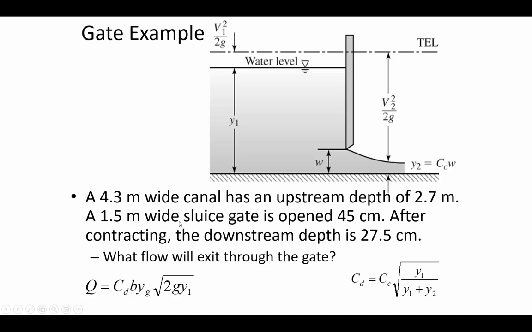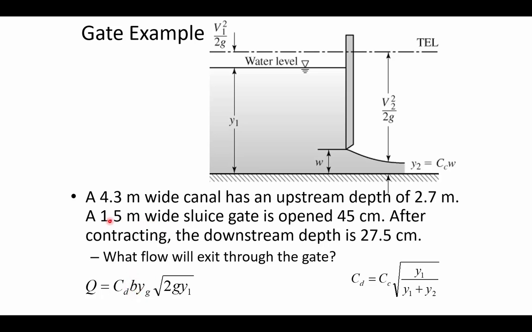Well, I've got a question. My question is, how much flow can we get under this gate? Based on the upstream depth is 2.7 meters, and so we're saying the depth upstream of the gate is 2.7 meters, and the canal is 4.3 meters wide. So that's talking about the width, which is parameter B,